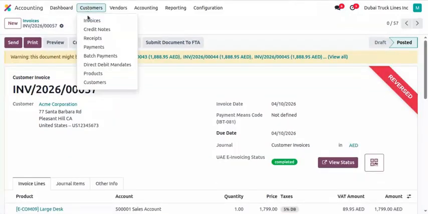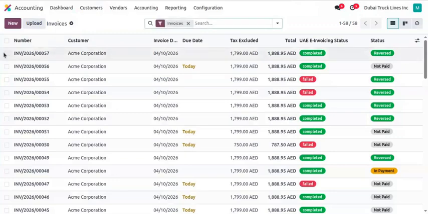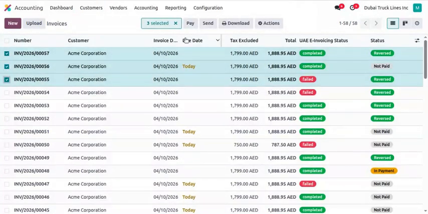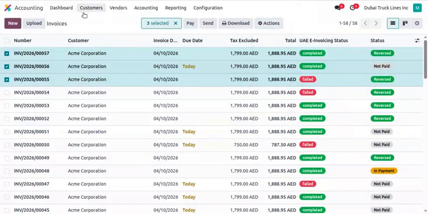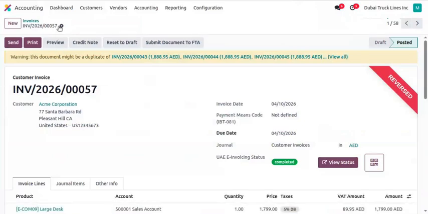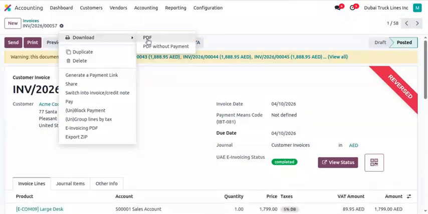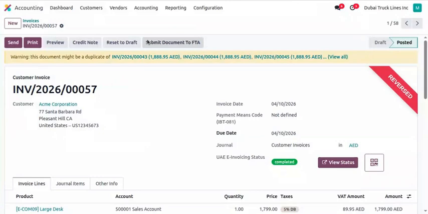Then in the invoices list view, if you select multiple invoices at a time and go to actions, we have provided this option, bulk submit document. From here in the list view, you can send all the documents together to the FTA without sending them one by one. Also, if I open one invoice and download the PDF provided by the government,